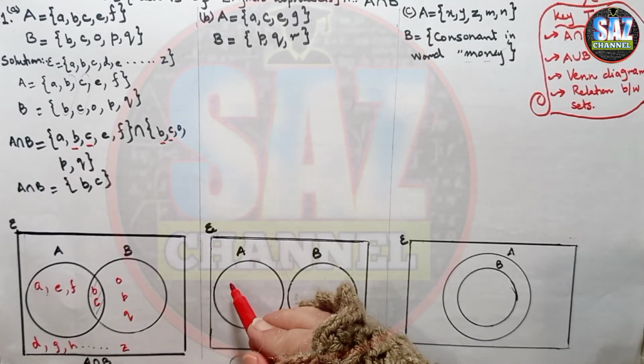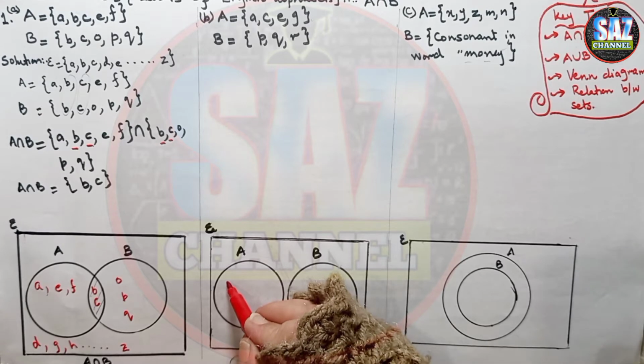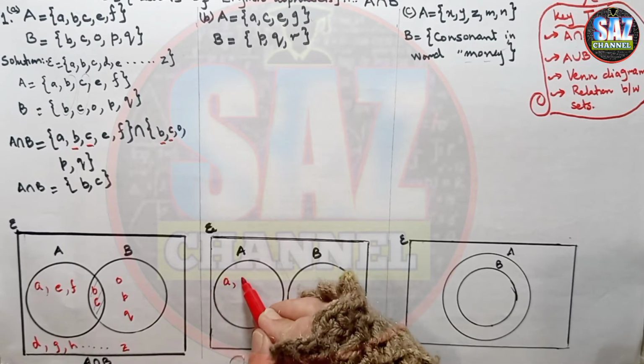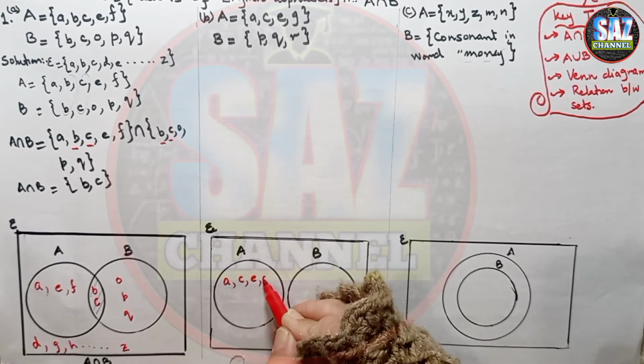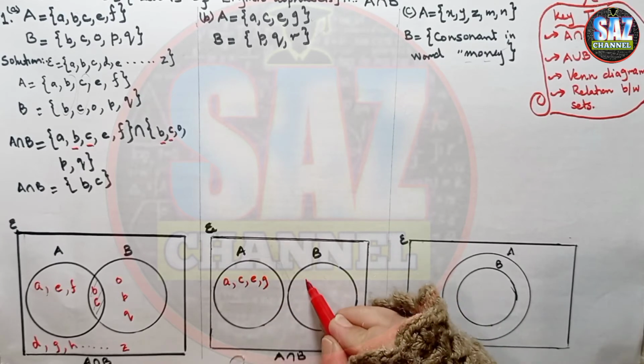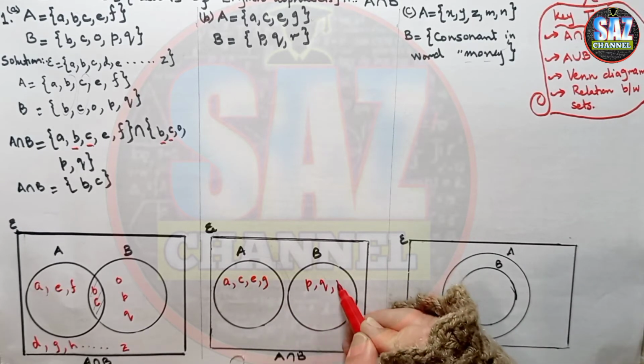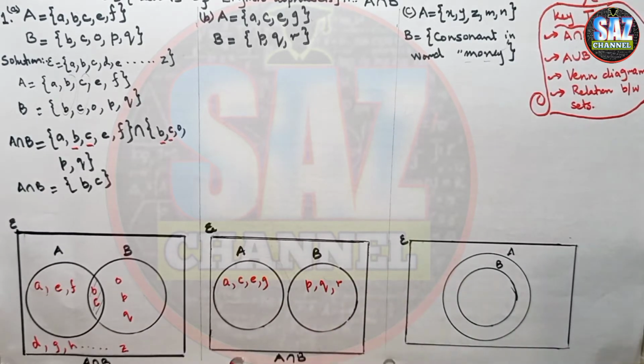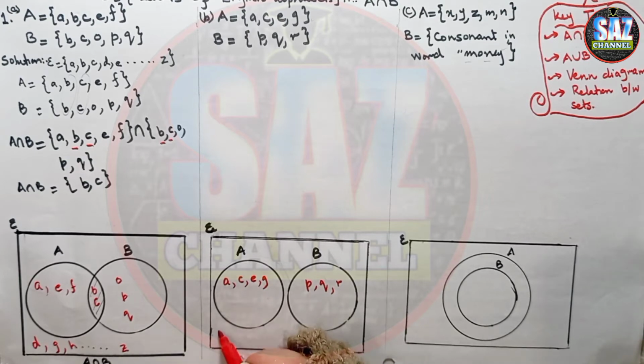Now in this case, what we have to do is write the elements of set A, that is A, C, E and G, and then P, Q and R. Now I have to write down the remaining elements in the universal set as well, as I have written A here. Then I have to begin with B, C is in the subset, C, D, E, F, and so on, and the last element is Z.